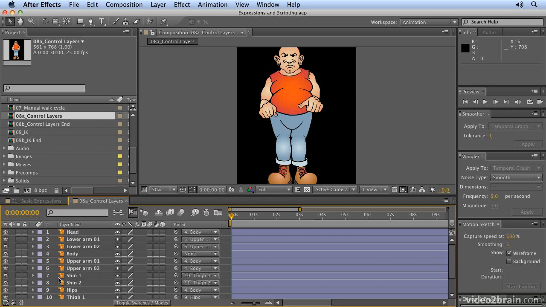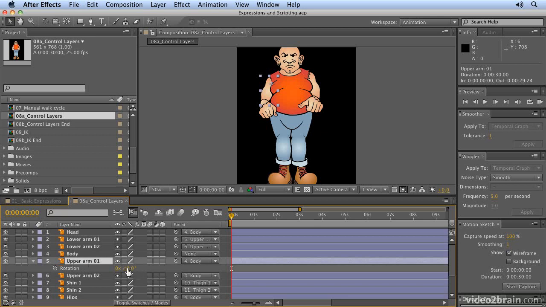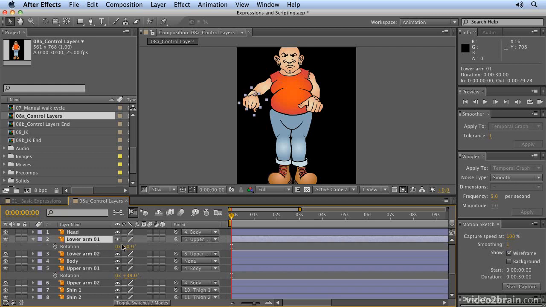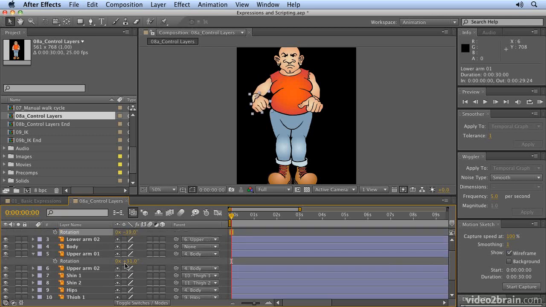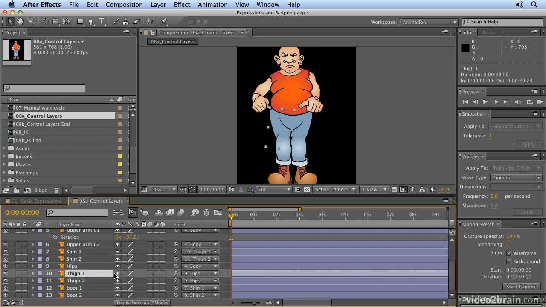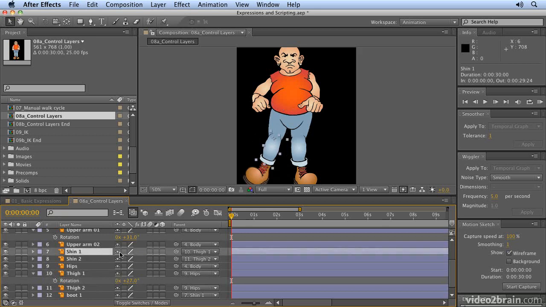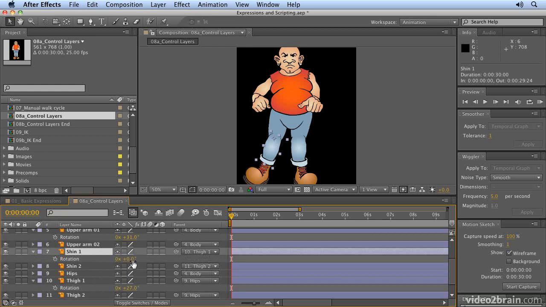Now, if I start animating these body parts just by using the properties down in the timeline, it can become quite tedious. You'll see here I've set up a parenting structure so that if I open up the rotation of the upper arm, I can move the arm and then open up the rotation of the lower arm, and I can animate that individually. Okay, so the lower arm will follow the upper arm, but the upper arm can animate individually. Similarly with the legs, if I animate the thigh, you'll see that moves, and then I can animate the shin. Although the shin moves with the thigh, it can still animate independently from the thigh,